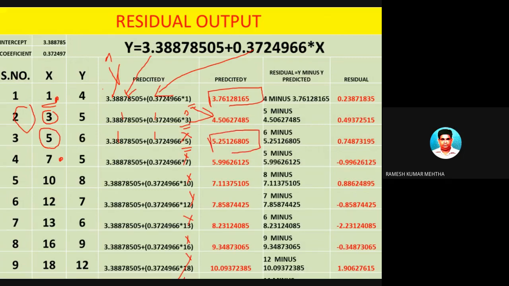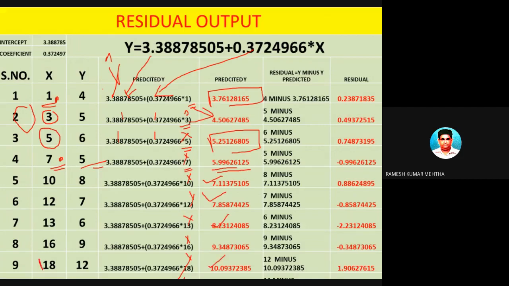In the fourth case, the value of x is 7. So I substitute 7 in the equation and I will get the value of predicted y as 5.99. So similarly for this and this,